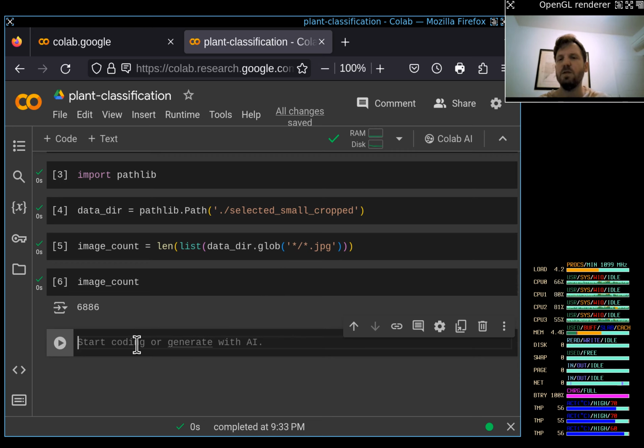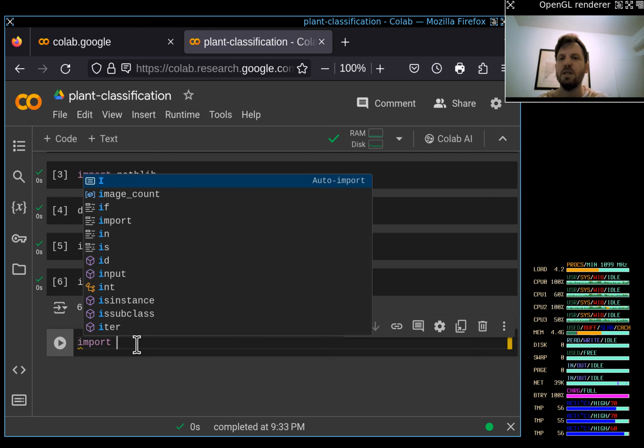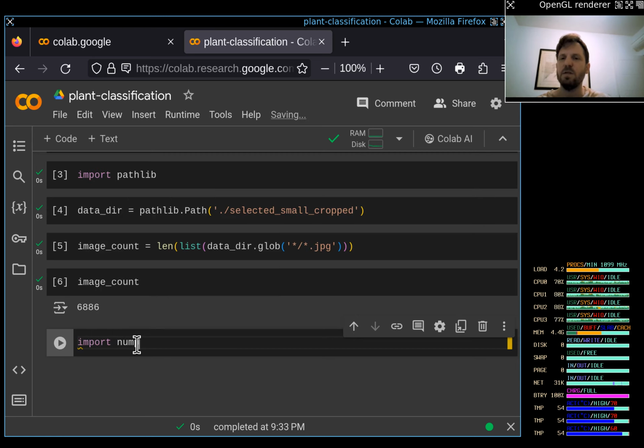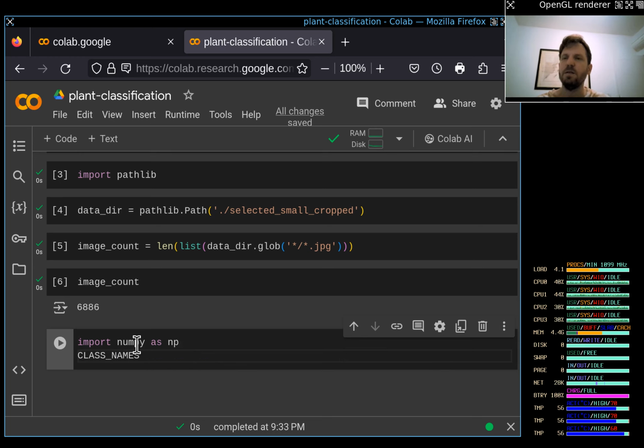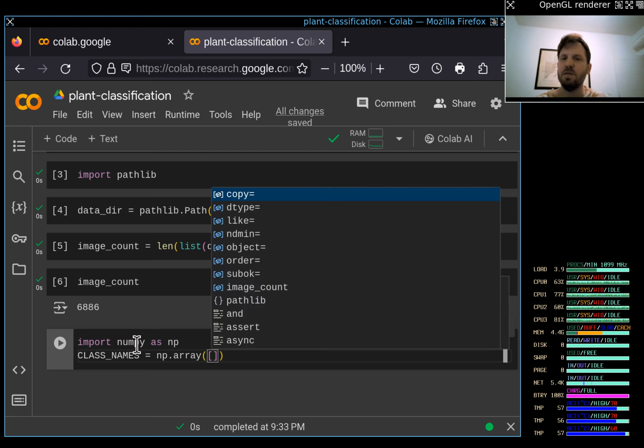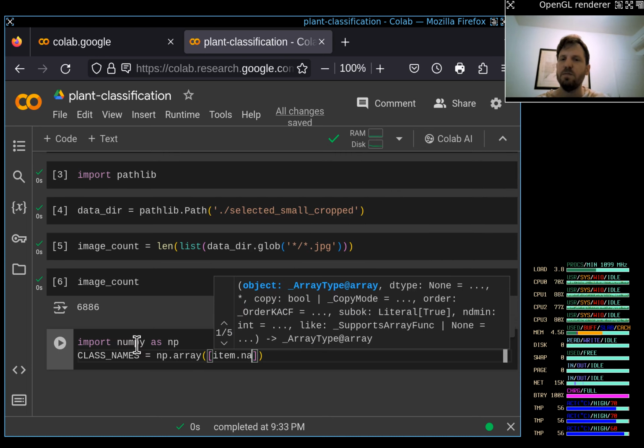We will use the NumPy library to work with this and generate the NumPy array, as we need this for our TensorFlow story here. We say class names, I will call it like this, NumPy, and we build an array. This is a very easy way to do a list, so that you have seen this also once. So I want to have a list of item names for item in